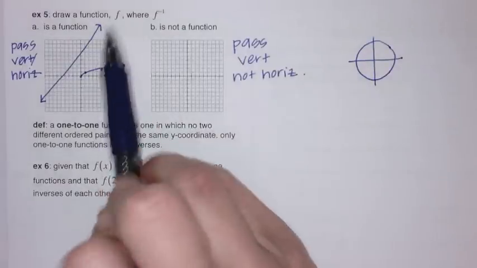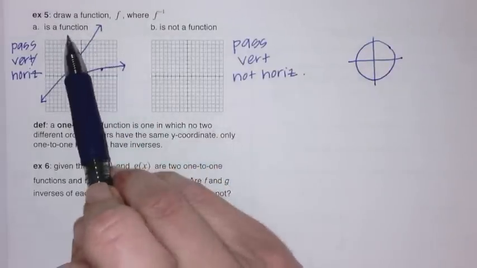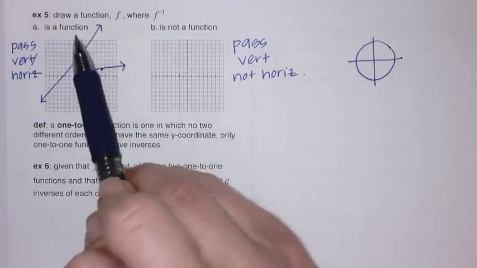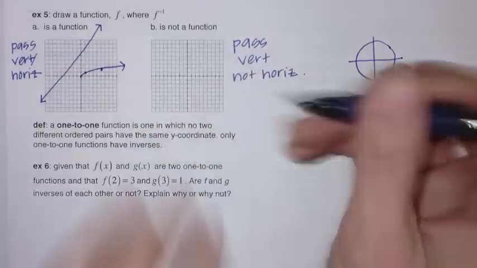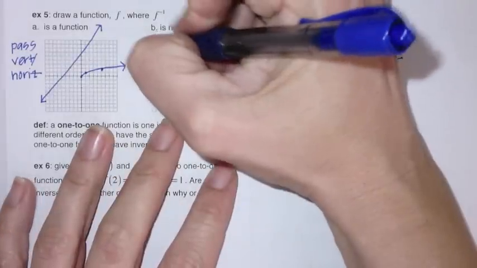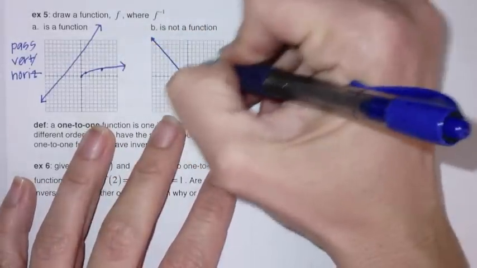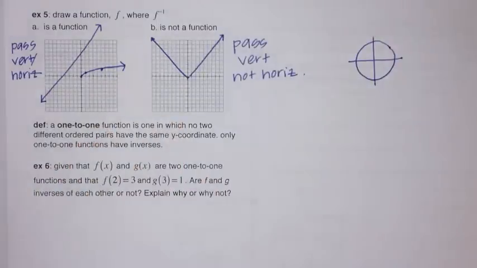So the first condition was to draw a function, and then the second condition is to have its inverse also be a function, and then in this one, not a function. So I'm going to be a little fancy. I don't know if you thought about this, but a square root graph does pass the vertical line test, but not the horizontal line test. So you could draw some other things on there as well, parabolas,